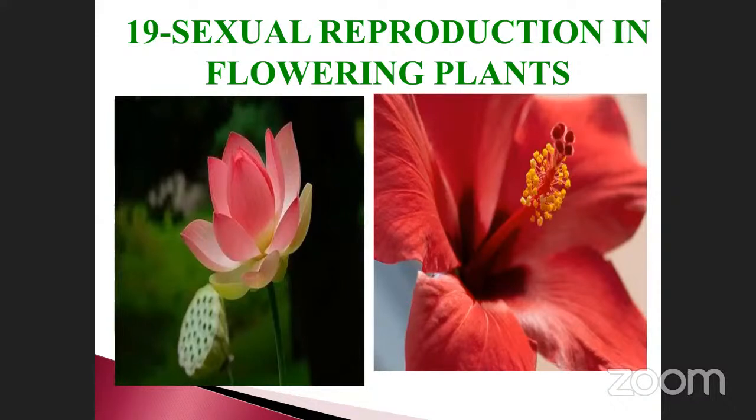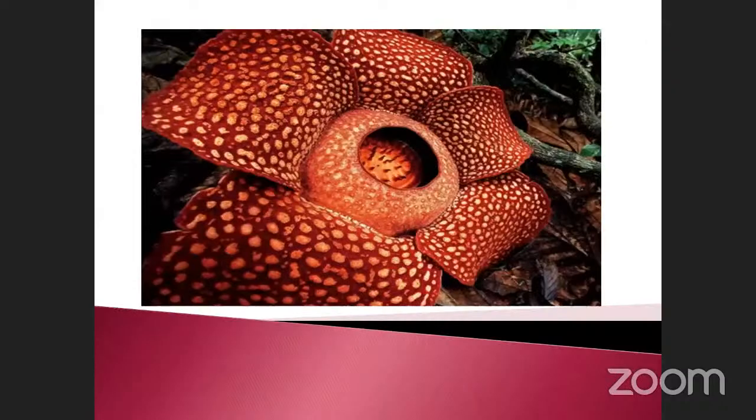What about non-flowering plants? Gymnosperm. Lower plants are called non-flowering plants. Okay, but the gymnosperms and angiosperms are both flowering, but at the same time, which one is a naked one, and which one is a closed one? Gymnosperm is a naked one. Very good. Super. So angiosperm is a closed one.